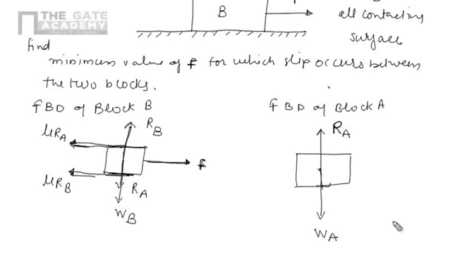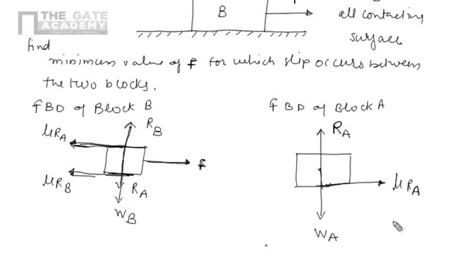In case of block A, we have to represent the direction of the frictional force. So by considering this, for B, the direction of frictional force at the same surface is in this direction, that is mu RA. So here obviously it will be in that direction, that is mu RA. So this one will be the desired frictional force in case of this block, that is mu RA.